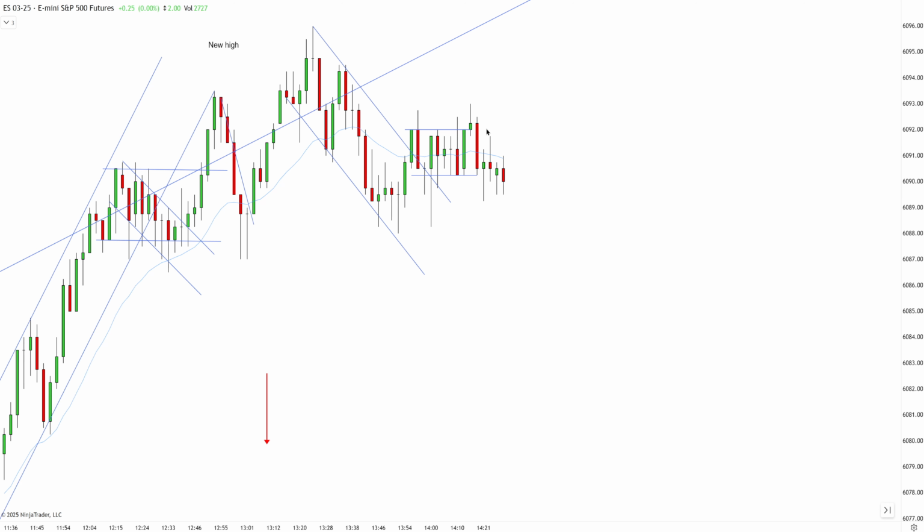You have a new high, first entry long, pullback, second entry long failure. This is tempting. Felt like a second entry long. I would prefer had this formed as a legitimate breakout pullback. You can see it's still quite part of congestion. Can make it a little bit tighter, but I want to see a legitimate breakout, pullback, to know price has freed itself out of this congestion, and then it's a better setup. It's much easier to trust. But this feels still a little bit part of the initial consolidation, which is not something you want to see. We want to see a breakout pullback. For this reason, it's a bit more aggressive, but it makes sense.